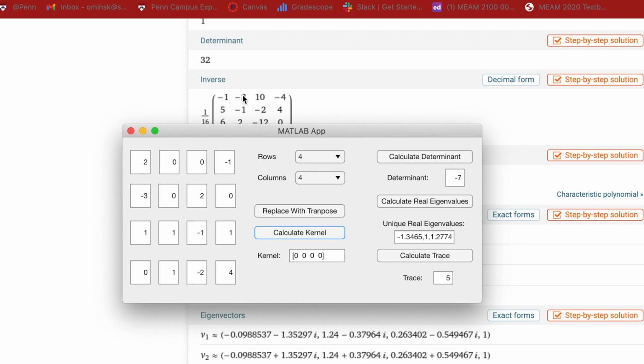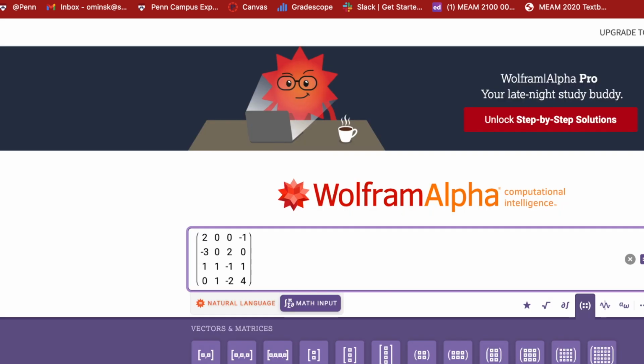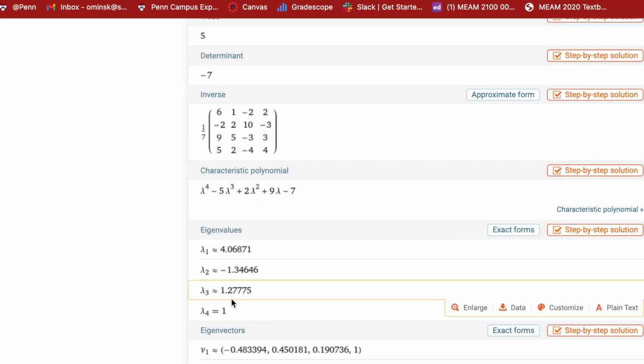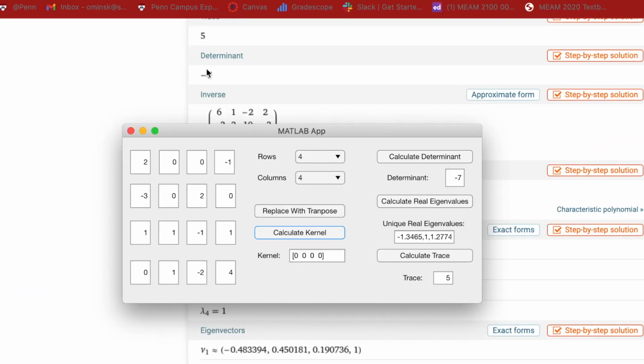And we can check these as well really quickly. Let's go 2, 0, 0, -1. So -3, 0, 2. You said this is 0. So this is 1. This is -1. And then we had 0, 1, -2, and 4. So you can see that all of these eigenvalues that Wolfram Alpha found are the same exact ones that we found here,